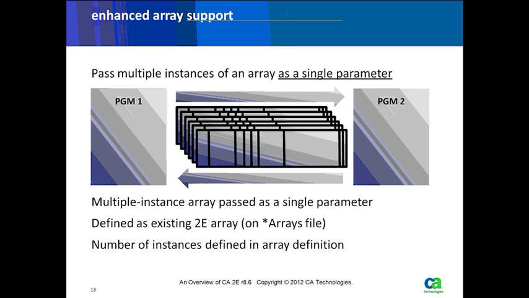It's defined as a 2E array. You may have used arrays to create structures, so you can create any kind of structure here, which includes any number of fields, and say, I've defined this array as having 100 elements. You can now pass this array with 100 elements as a single parameter. If you define your array with 9,999 elements, you can pass a 9,999 element array as a single parameter, and you still have 8 more parameters to mess around with.